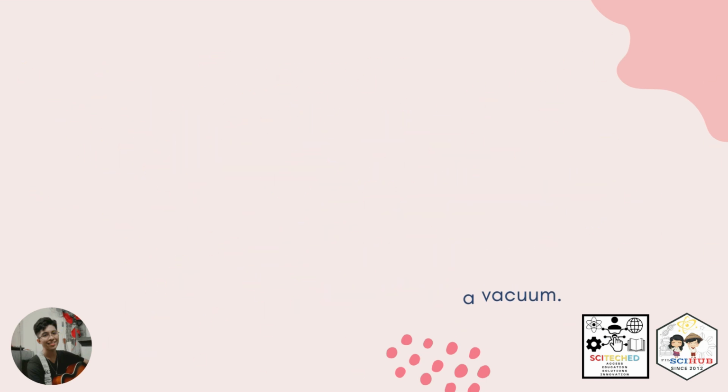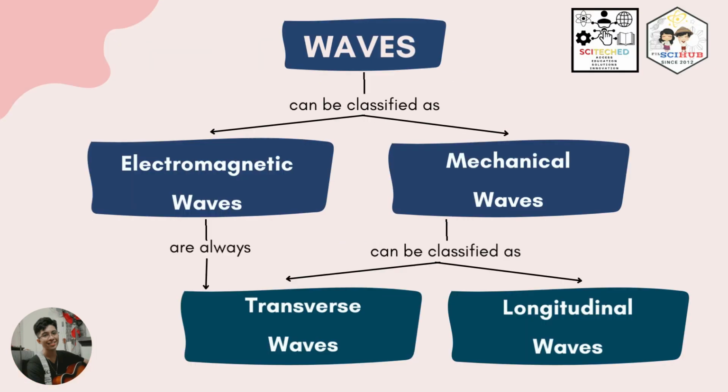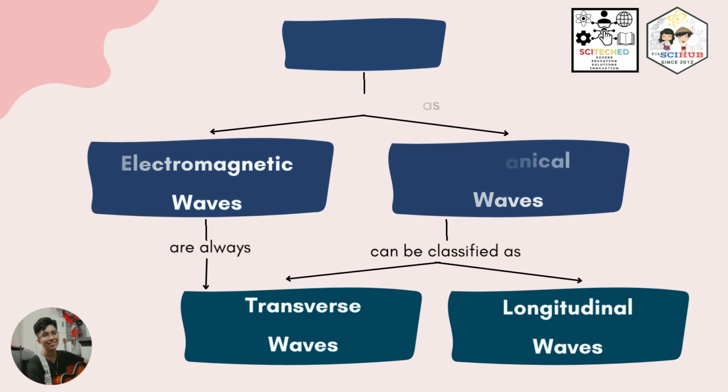Alright? Number 6, true or false again? Let me just repeat. Light travels as electromagnetic waves, and electromagnetic waves travel as transverse waves. So it should be true. Alright? Let me go back to our concept map. Again, light is an example of electromagnetic waves, right? And as we can see, EM waves or electromagnetic waves are always transverse waves. Again, the answer should be true. And number 7,